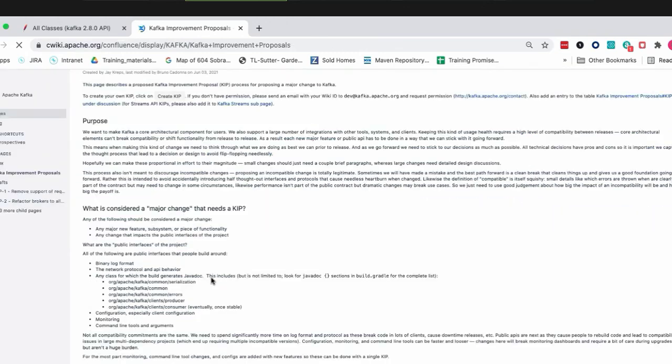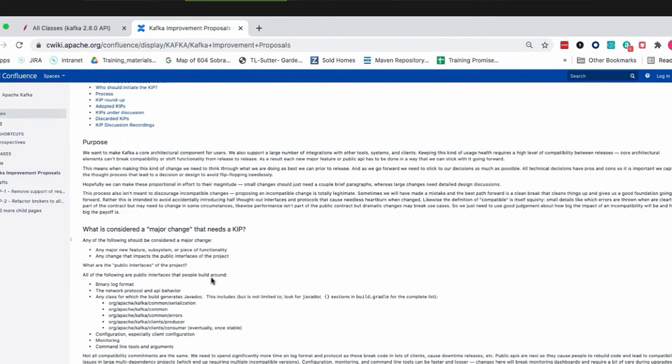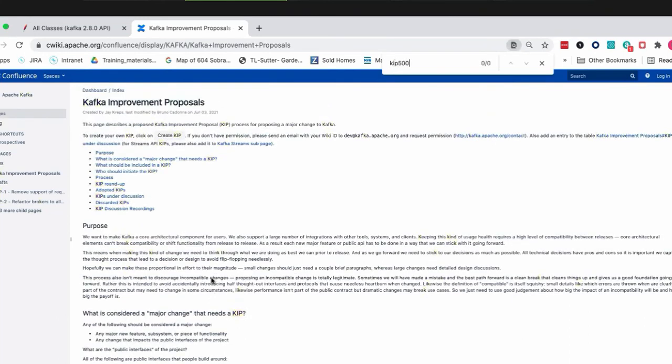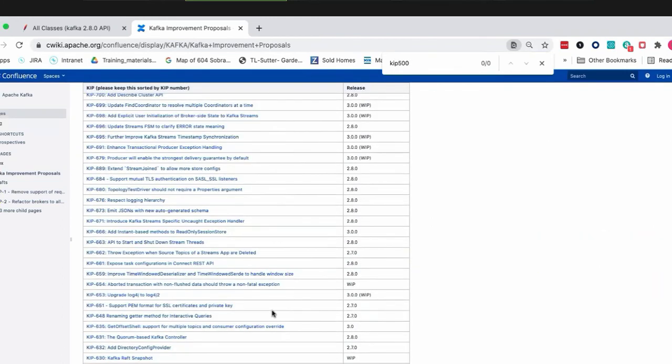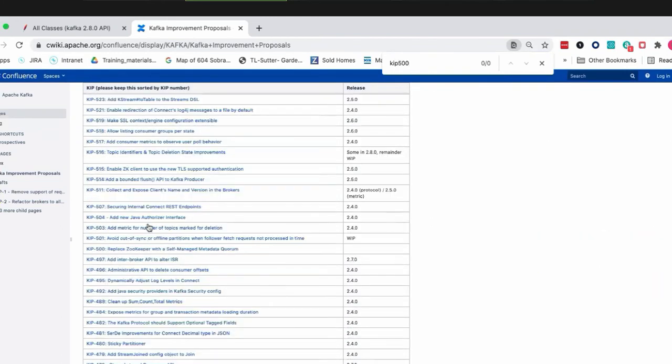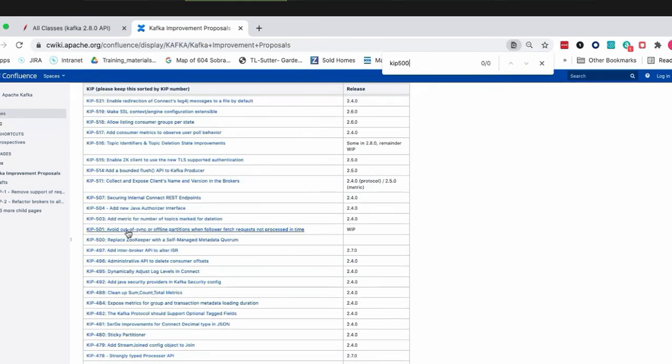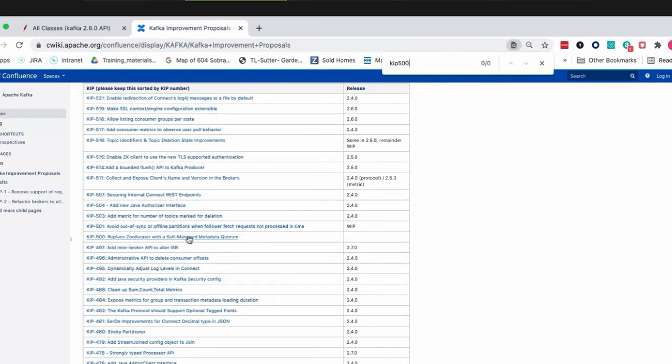For example, one thing that will be coming up in Kafka 2.8 is that we are going to get rid of Zookeeper, right? So there's a KIP called KIP 500. If I do a Command F and say KIP 500, for example, okay. Actually, I can just scroll down here. But you could just search for Zookeeper too. But here's the 500. See here, replace Zookeeper with self-managed metadata quorum.